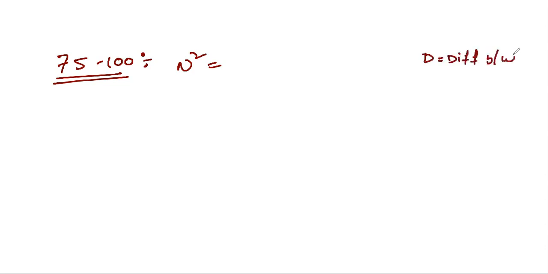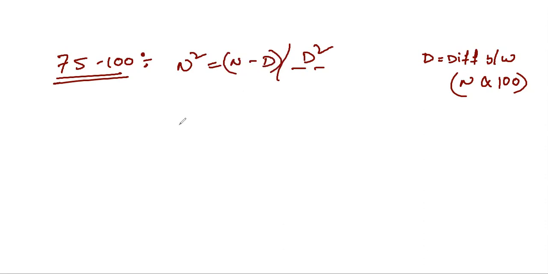So from 75 to 100, what we will do? Simple trick only, similar to previous methods. Here the difference you have to take, the difference between the given number and 100. That difference square you will write as 2 digits. And the difference is subtracted from the number itself. Let me explain you with an example.